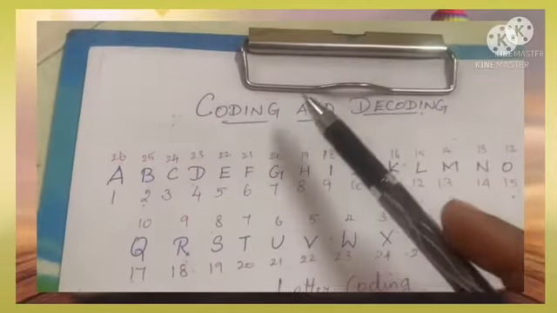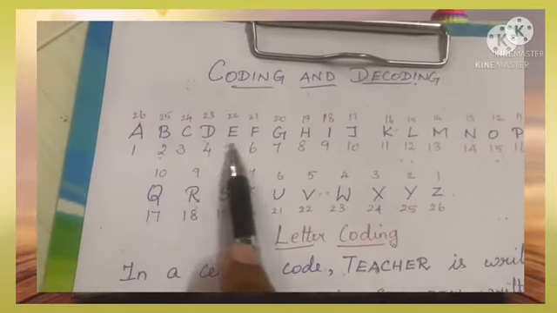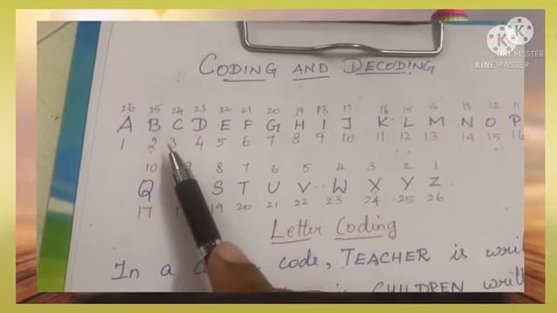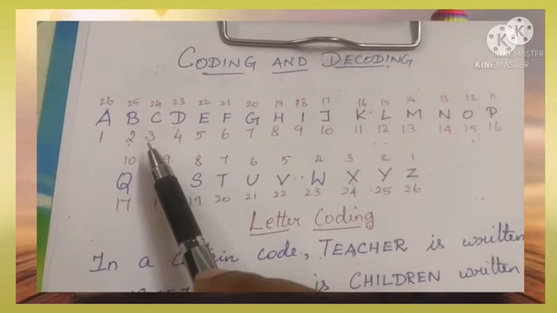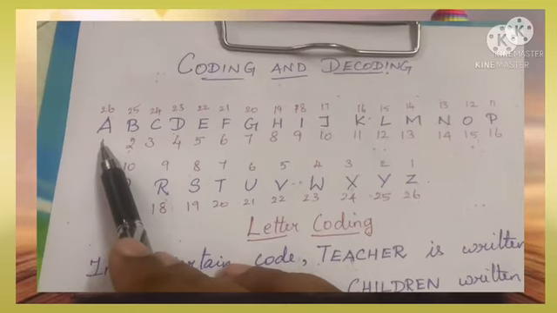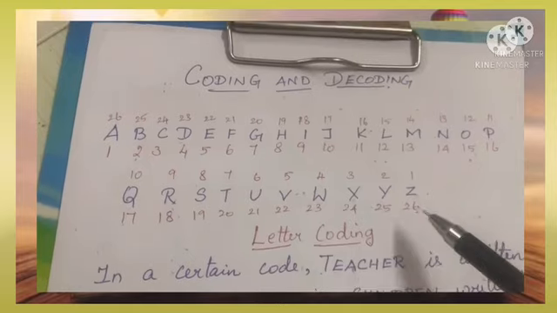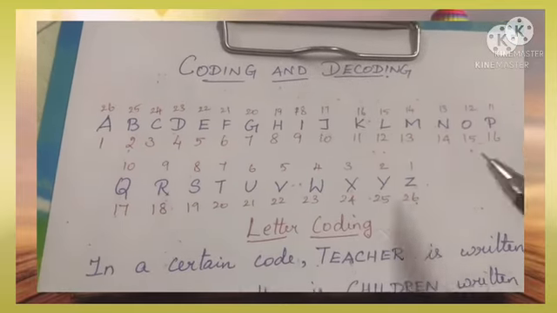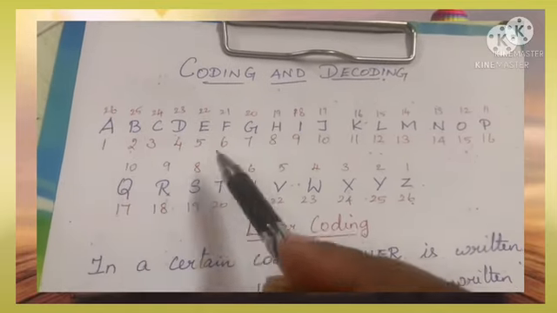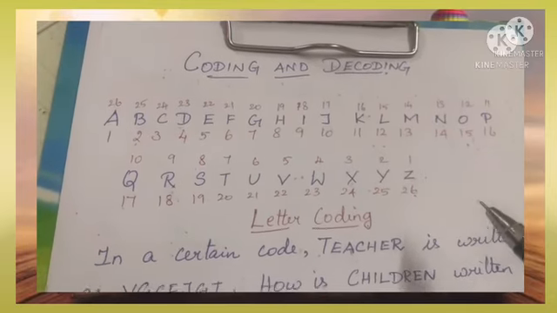Okay, now the main thing for coding and decoding is to know how the alphabets are arranged. And you know that A, B, C, D, the number of alphabets is 26. So you can name A as 1 and end with Z as 26. The same way you should know from the back also, that is, name Z as 1 and so on till 26. This is one concept which is very important for your decoding and coding.